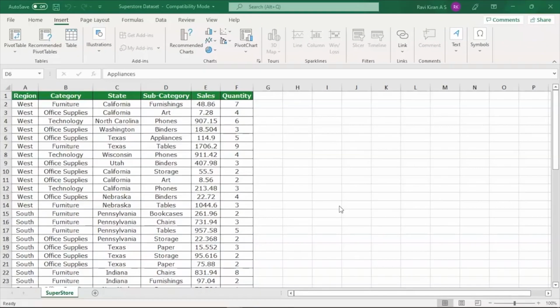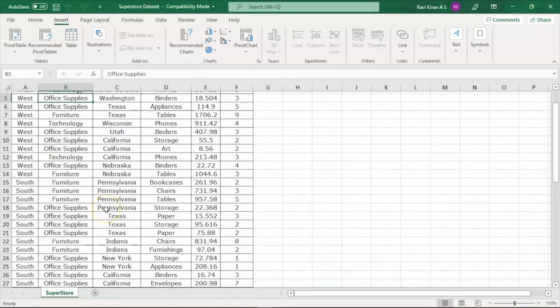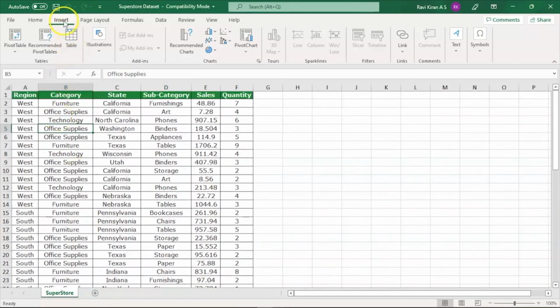So how to create a pivot chart, you ask? It is really simple. All you need to do is just follow a few steps and you have your pivot chart ready, which is completely interactive. Now all you have to do is select any cell in the dataset you have and rush into the insert